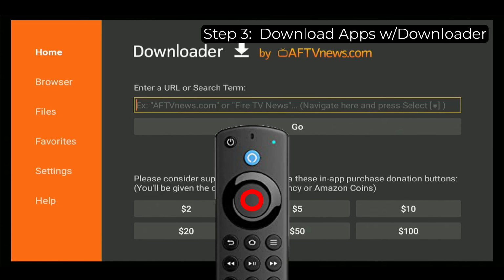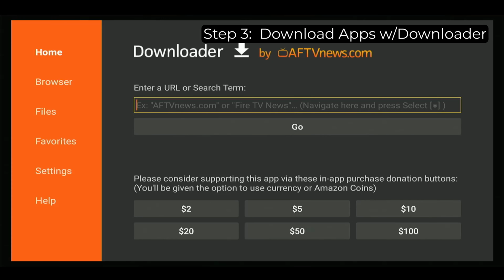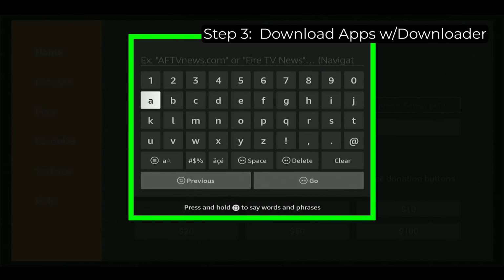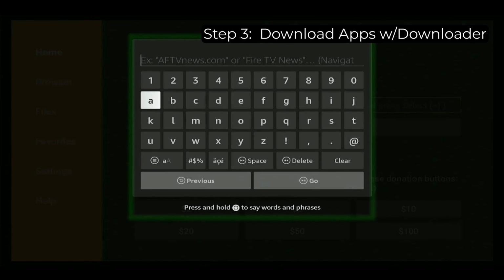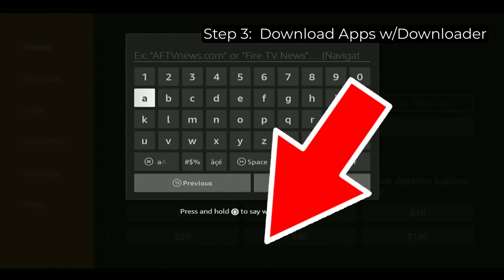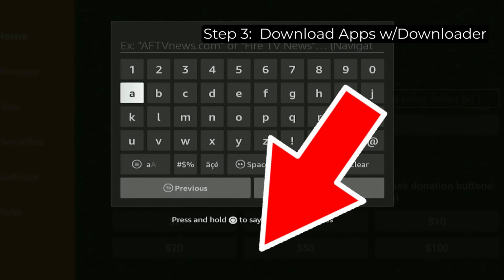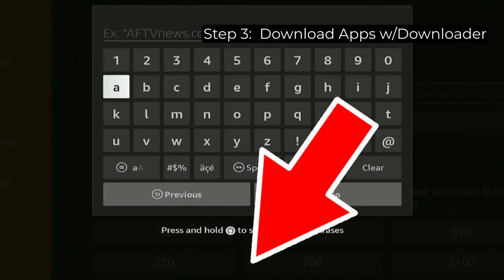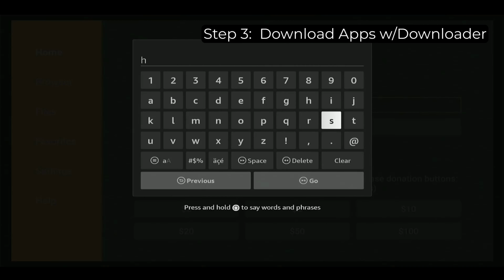And then just press the center button on the Fire TV remote to bring up the on-screen keyboard. And then you could just enter the address of any APK file or Android program installer file that you want. Just look in the description of this video for some options to different files that you could download with the downloader app. But at this point, you just enter a web address such as